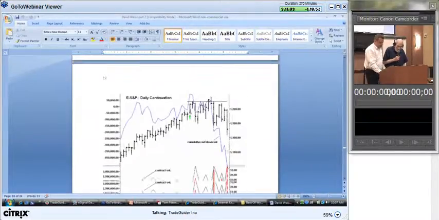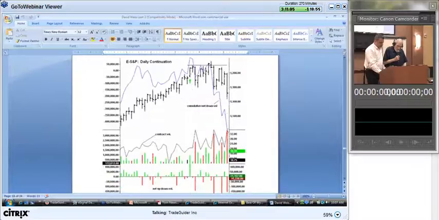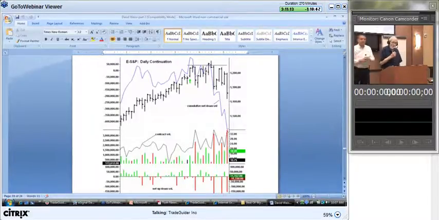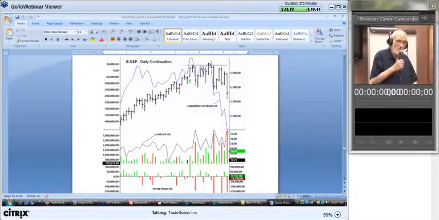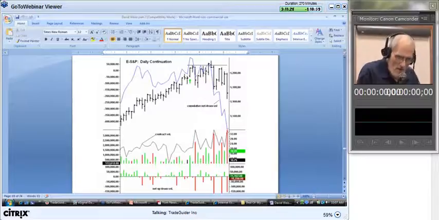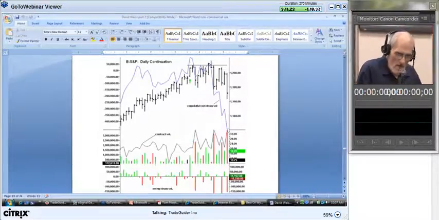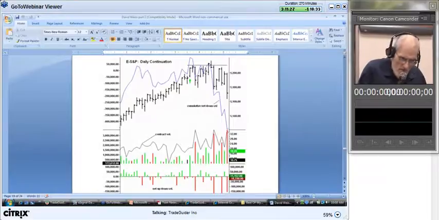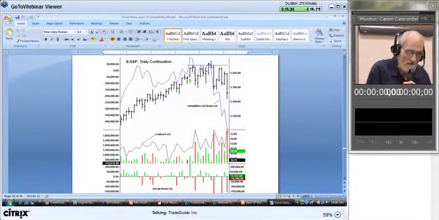Okay. All right, this is an important chart. This is the S&P E-mini daily chart. Here I have, of course, this time I don't have tick volume as a line, but I have contract volume on top of the true range. And below that I have the net difference between the up and down volume. And this was pretty much a classic top